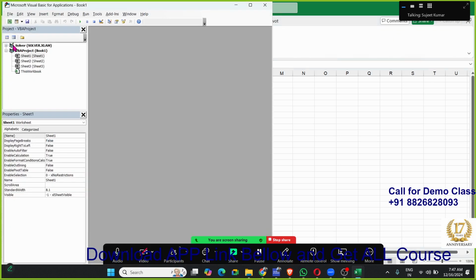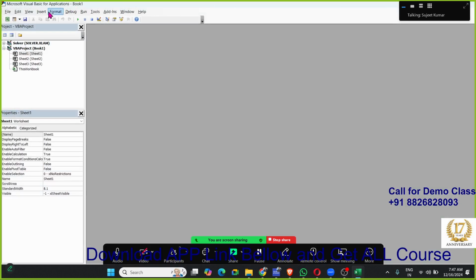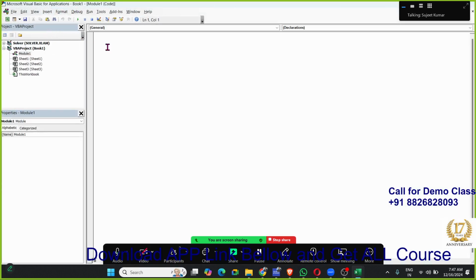So go to the Visual Basic, insert a module, and we name the sub Project3. First we add the file, so we write Workbooks.Add,